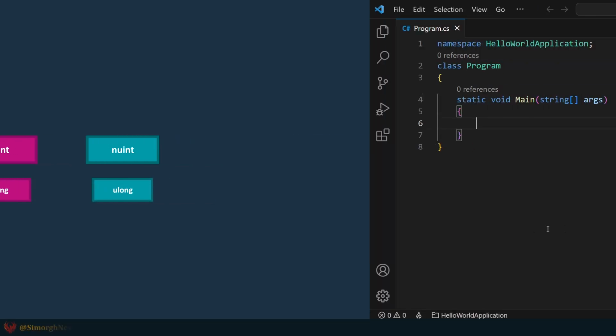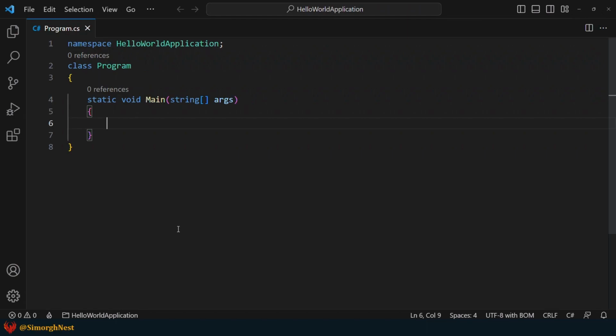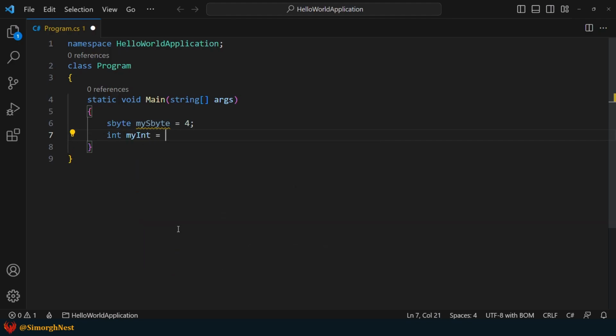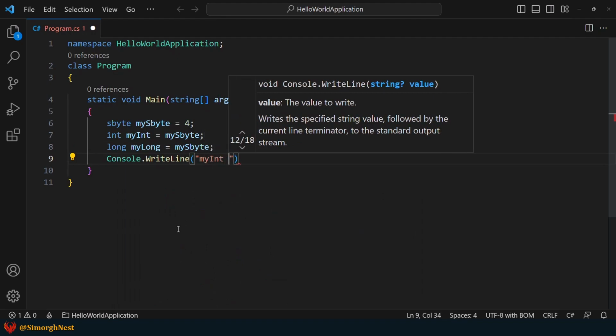Alright. Let's dive into VS Code and show you some implicit casting examples. As we said, implicit casting in signed and unsigned numbers can occur from smaller types to larger types. For example, let's say sbyte mySbyte equals 4. And in the next line, int myInt equals mySbyte and long myLong equals mySbyte. Okay, let's display them in the terminal.